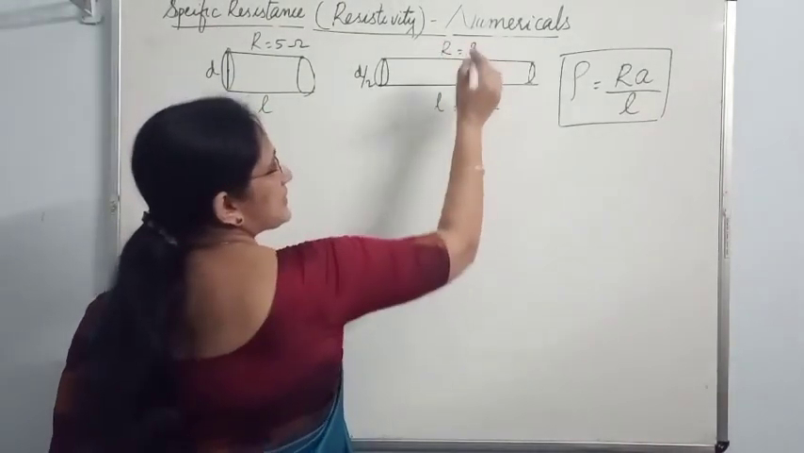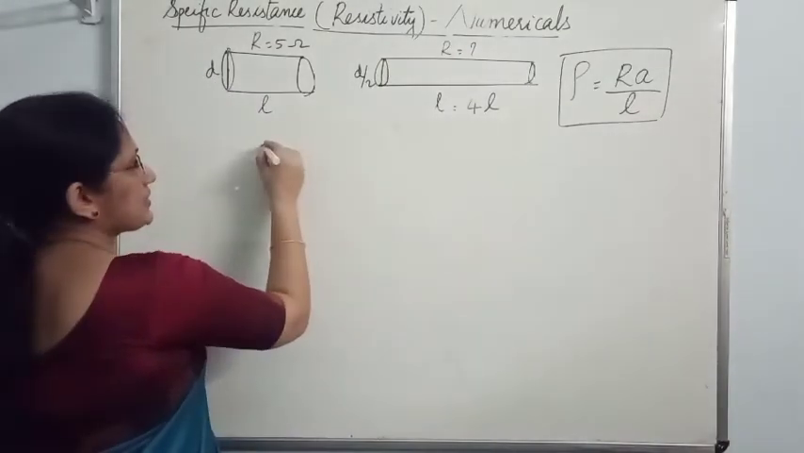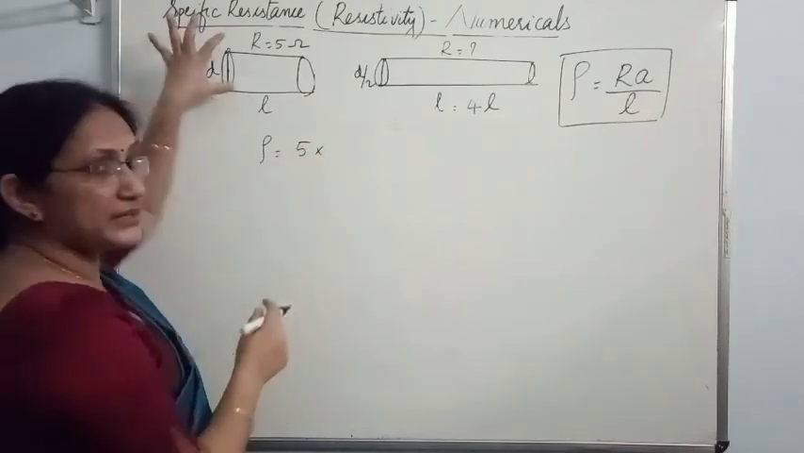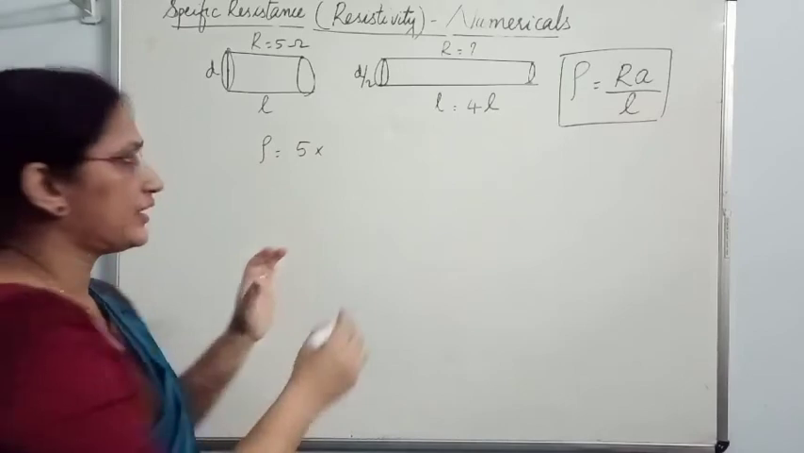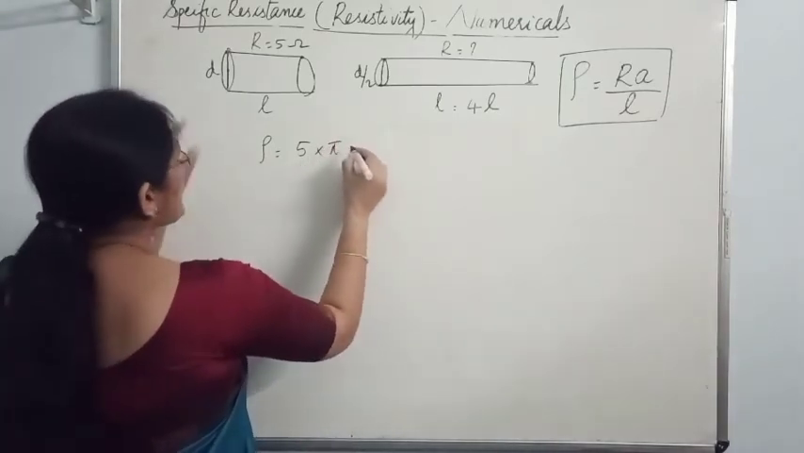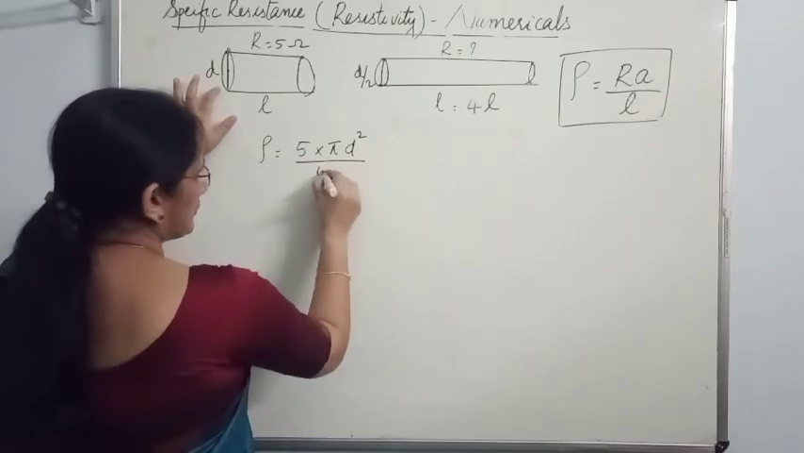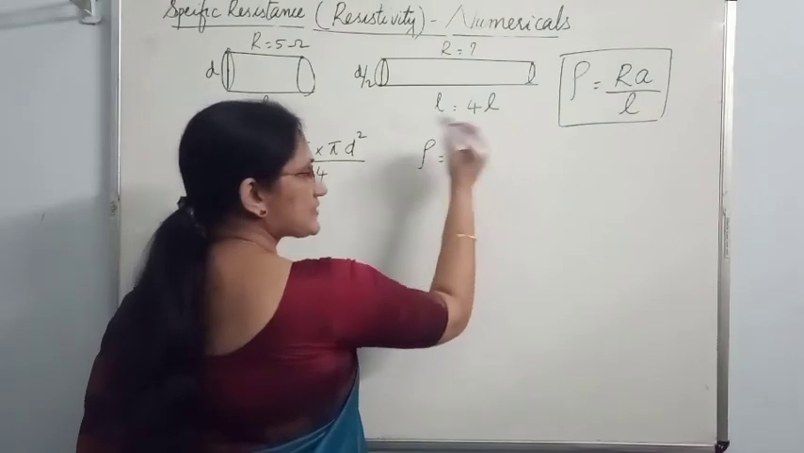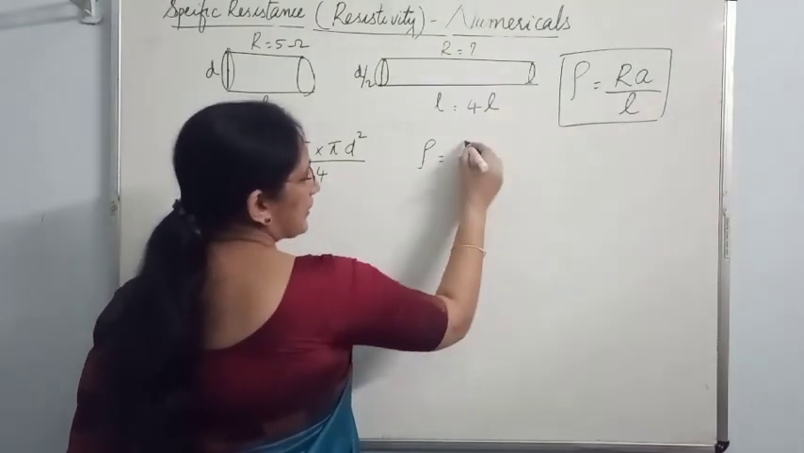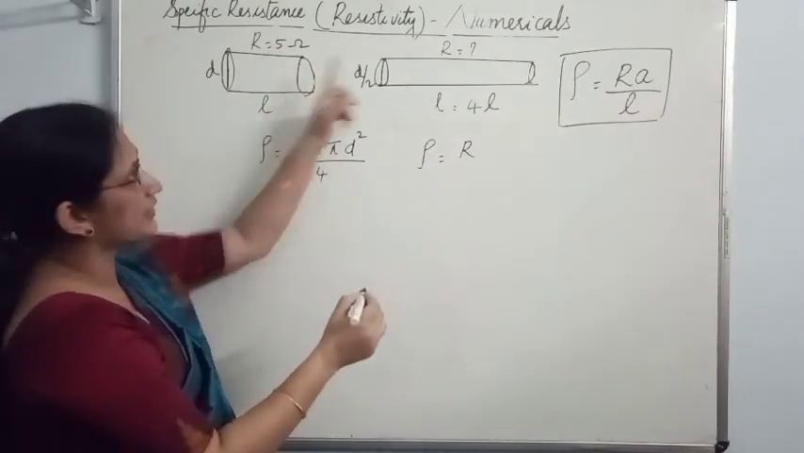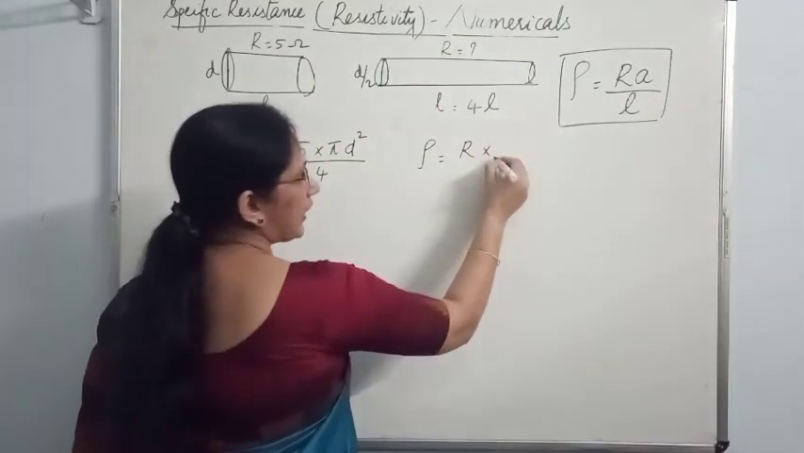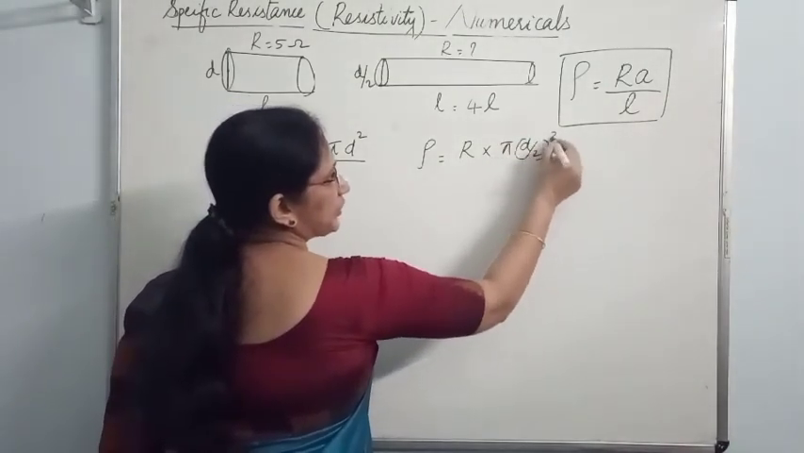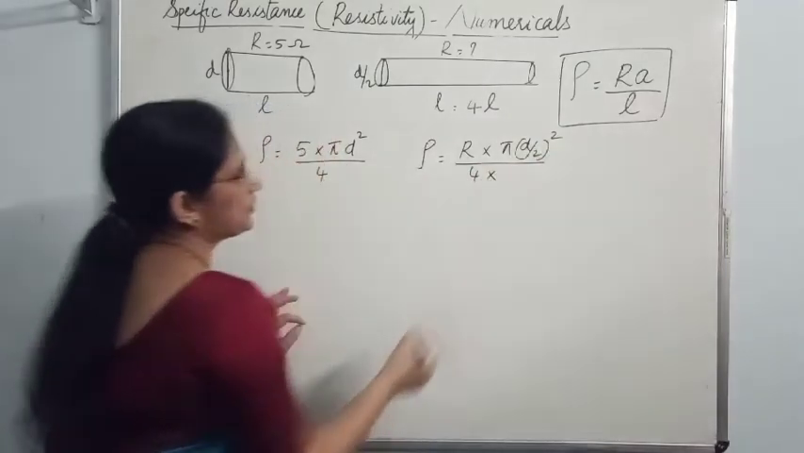What is the resistance? Same concept, rho you have to equalize. Rho of first wire is RA by L. 5 into A, where A is pi d square by 4. If diameter is given, area of cross section is pi d square by 4. This is the specific resistance of the first wire, and the specific resistance of the second wire, same formula, RA by L. R unknown. Here resistance was given. Here resistance is unknown. R into A, A means pi d square, here D is D by 2 square upon 4 into